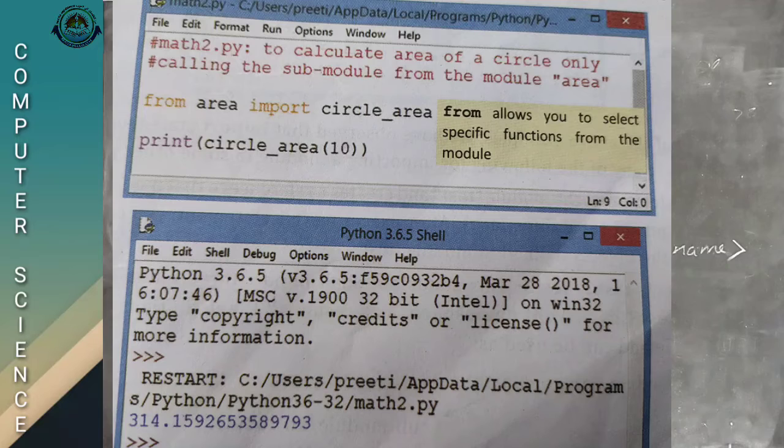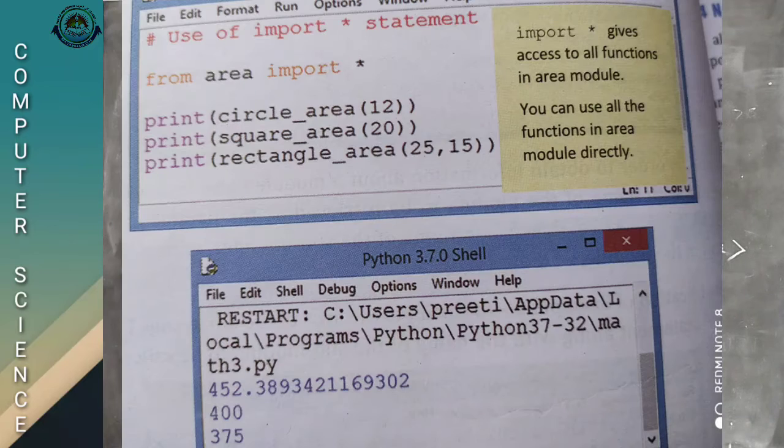Then next we move to another example related to import star. Import star, that also we discussed, why we are using star. Import star is used for accessing all names from a module. Please look into this image, use of import star statement.